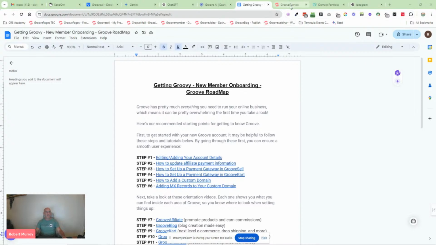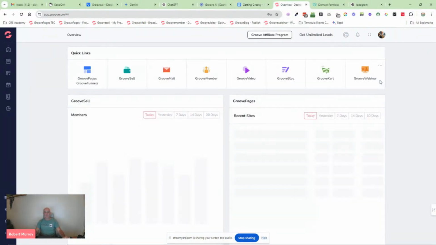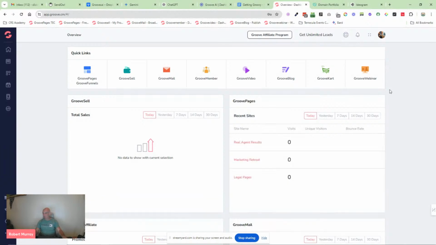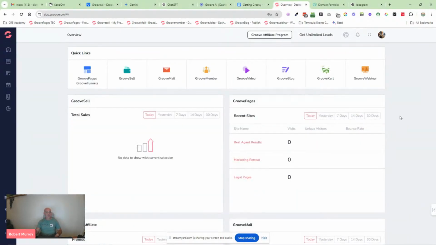We always start off with a little walkthrough of the dashboard. Also, please feel free to ask questions as we're going through. If I'm on question number 1 and you ask a question, just remember there's a delay of 10 to 20 seconds on StreamYard. So just remind me, "Rob, on step 1, you were talking about this. Here's my question." But let's have a quick walk through the dashboard.